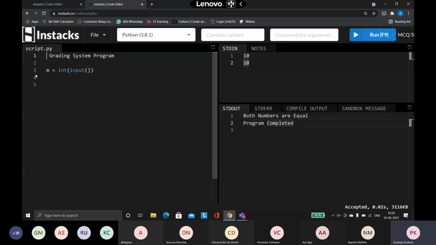It's very simple. Whatever is the mark that you are going to get, based on that mark, I'm going to give a grade for you. That is what my program is going to be doing. So how is this going to work?